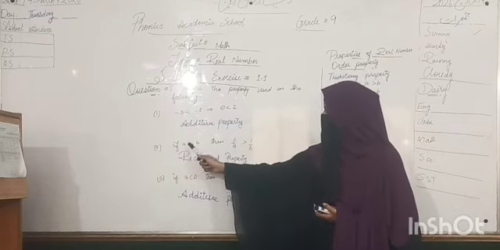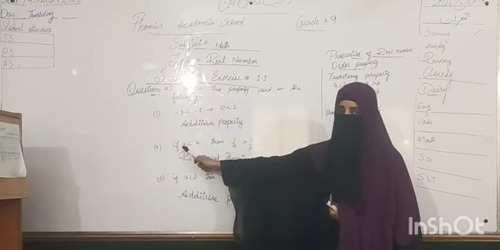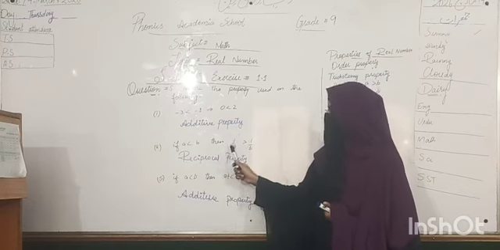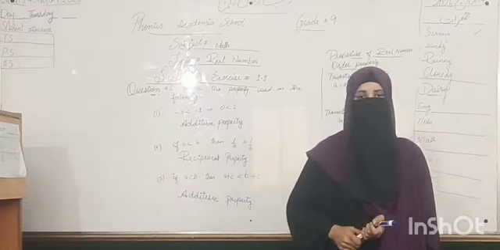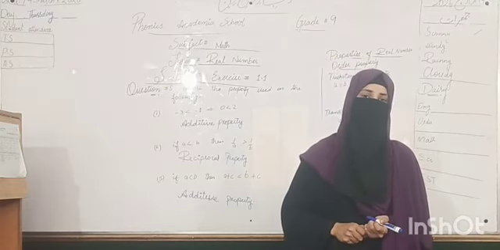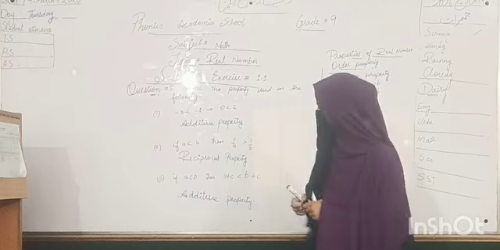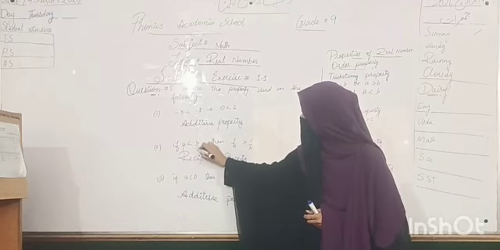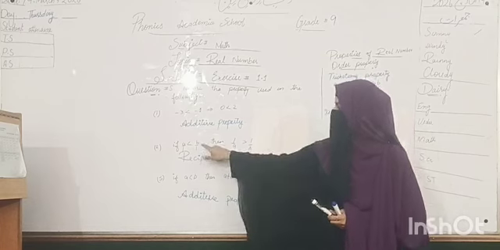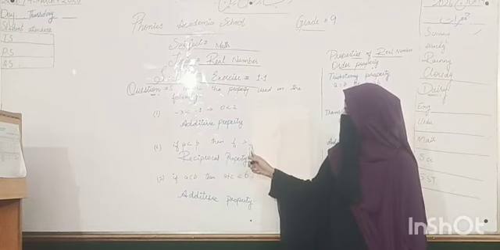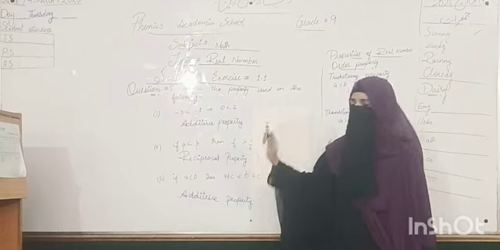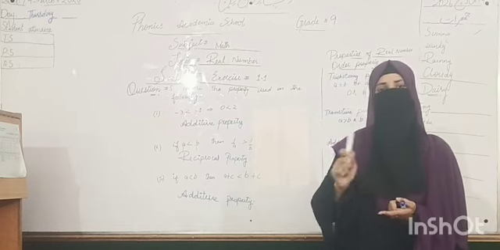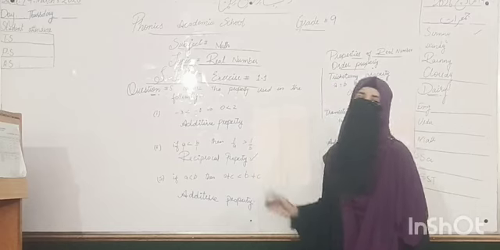Next, if A is greater than B, then with A as the numerator over 1 as the denominator, it is less than 1 by A. When a reciprocal is required and the denominator is not given, it means the denominator is 1. For example, we consider A as the numerator and 1 as the denominator, and B as the numerator and 1 as the denominator. When you take the reciprocal of these values, you get 1 by A greater than 1 by B. Which method is used? You take the reciprocal of these values, numerator and denominator swapped. These are known as reciprocal properties.